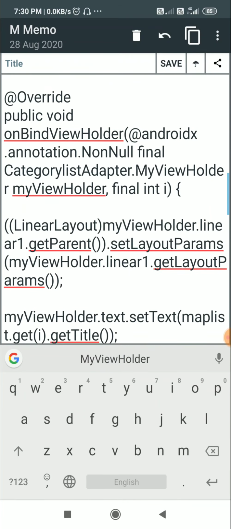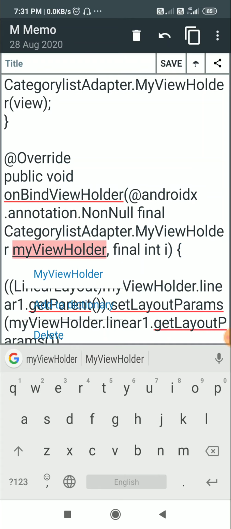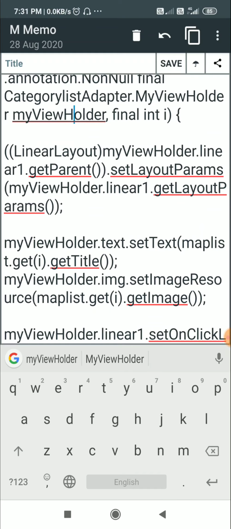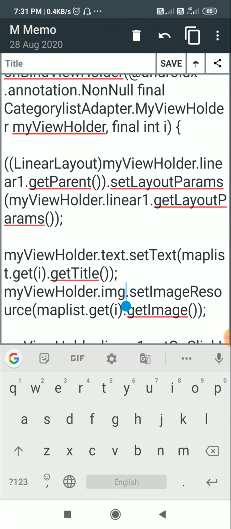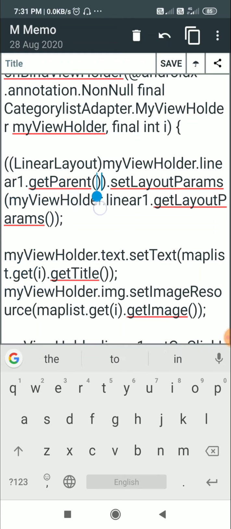Now in the onBindViewHolder method you can see that it contains this MyViewHolder variable called myViewHolder, and from this we get the text, the linear1, and also the image img. First from myViewHolder I get linear1, and from this linear1 I get the parent, which is a linear layout.